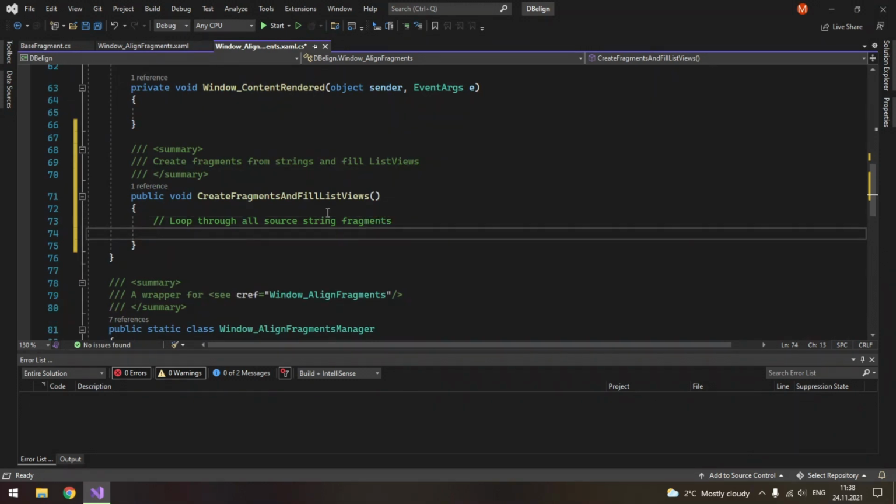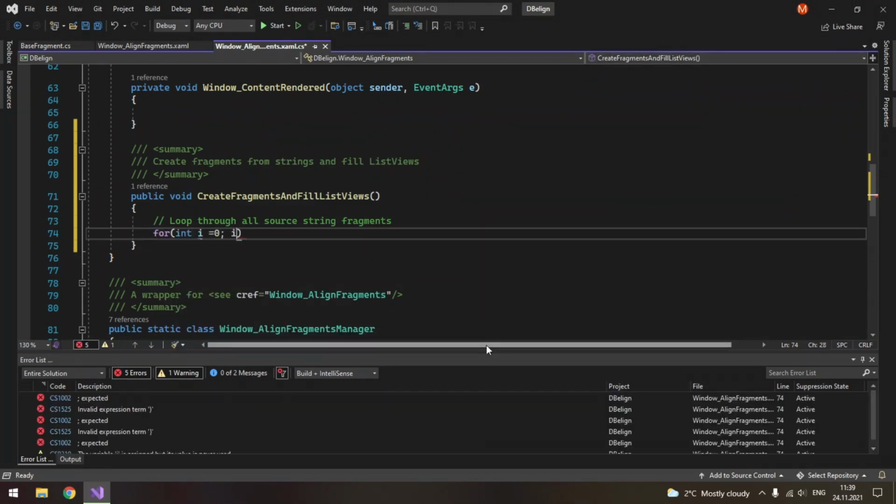Well, as you understand, we will have two loops, and the reason why we do not use just one is because in the data sources window we can input a different number of fragments. For example, 5 here but 10 here. So for int i equals 0, i is less than m source fragments length, and i++.